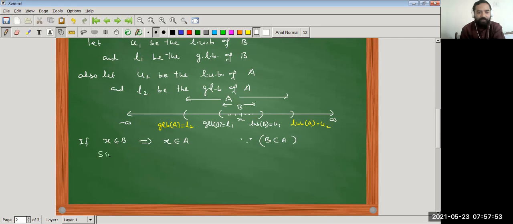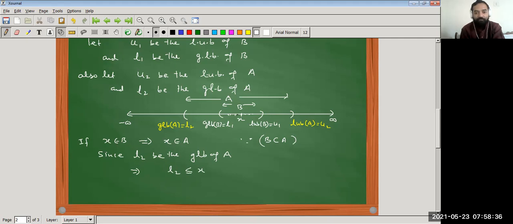Now since A का हमें ग्रेटेस्ट लोअर बाउंड दिया हुआ, since L2 be the greatest lower bound of A, आप यहाँ से देख सकते हो, you can find out in the figure that L2 is the GLB of A. What is the definition? GLB कब बोलते हैं? जब सारे के सारे सेट के X ग्रेटर हो उस नंबर से. इसका मतलब L2 is less than equal to X for all X belongs to A,